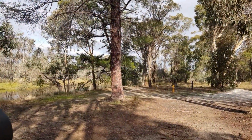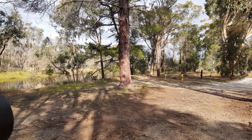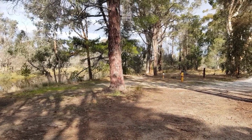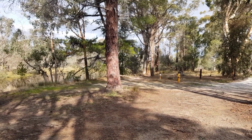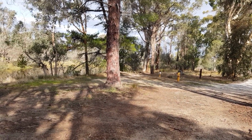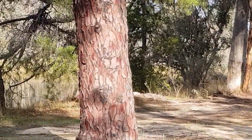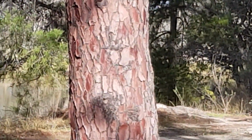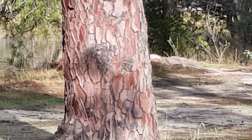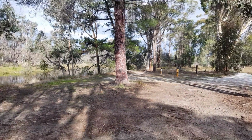So every time we come here, I look at this pine tree, and it's got some really good bark on it, and I never figure out how to take a photo of it. I just love the way that bark looks. Doesn't look too great when I zoom in on this on the phone, but anyway,